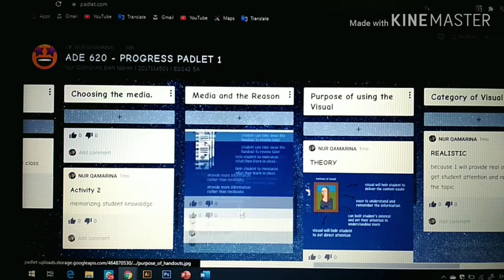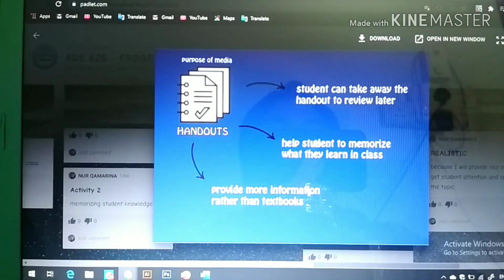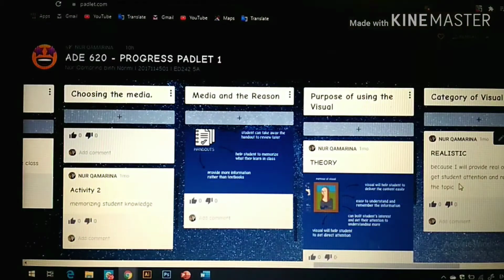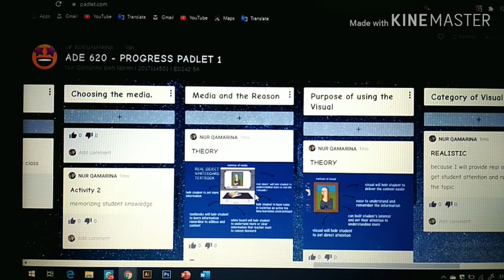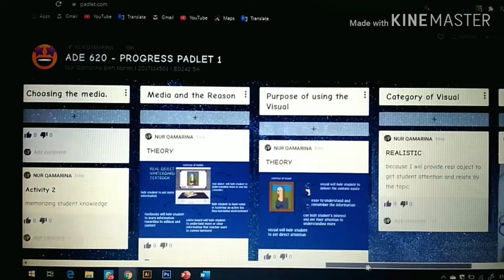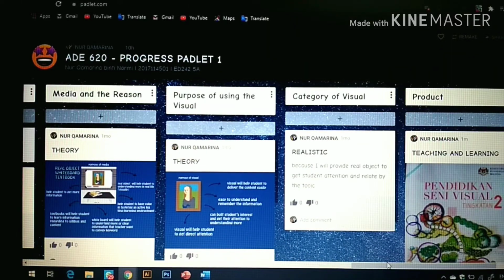This is my media and why I'm using it. It is a real object and this is a printed handout. For sure, I want students to take away the handout to review later, and it also helps them memorize what they learn in class. My handouts provide more information than the textbook, some extra knowledge. Purpose of using the visual,